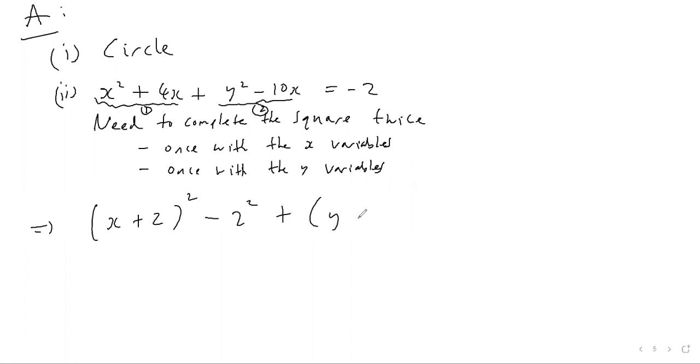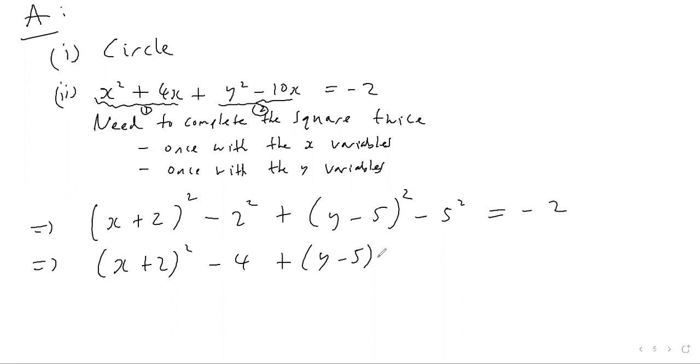Then do the same thing with completing the square with these y variables. Again, a y in there, half your coefficient, so half of 10 you get 5. Square that, and then subtract the square of this constant, so subtract 5 squared, and this is equal to -2. So we've got x plus 2 all squared, subtract 4, plus y minus 5 all squared, subtract 25